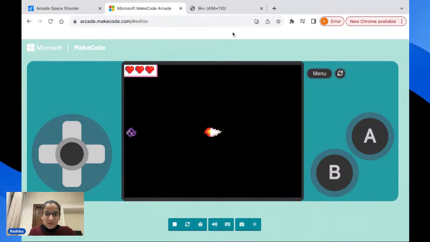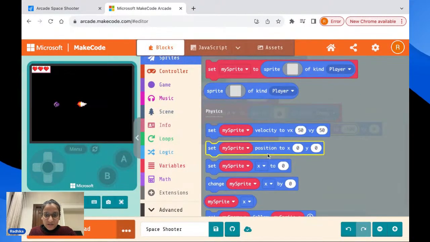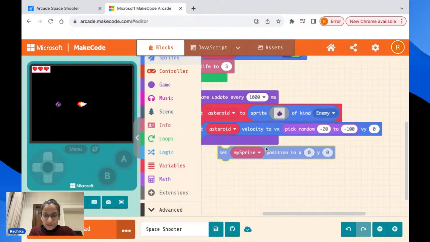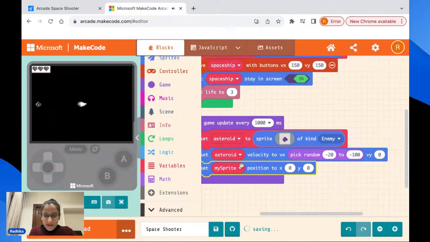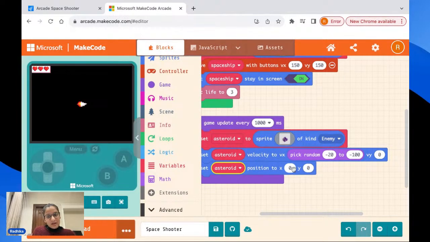Okay, so to do that, what we would have to do is set the position. So you can say set my sprite position, and your sprite is asteroid. And now, see, the x-axis would be 0. Why? Because you only have to set the y. Okay, so let's say I set the y to